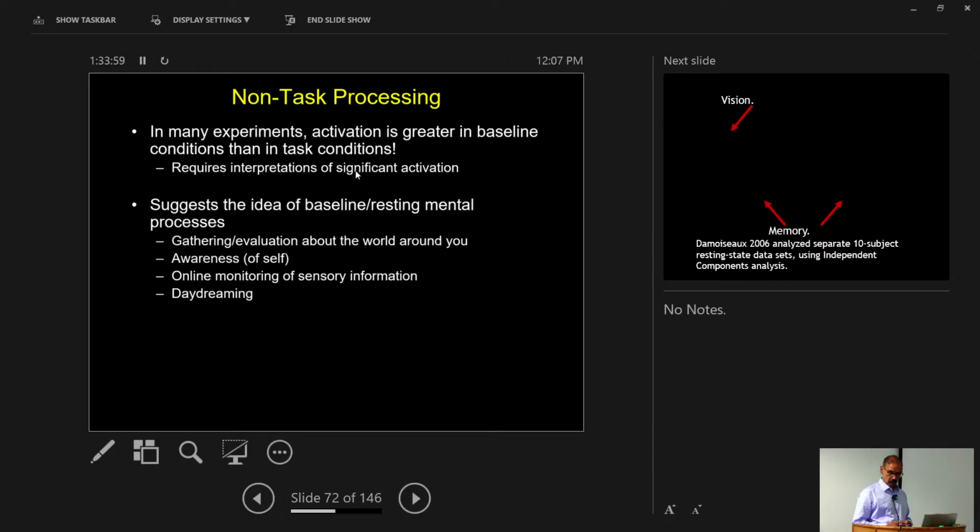During task activation, all those things will be there, excepting the brain region associated with this, right? That may be true for a simple task, but for a more complex task, that may not be the case, right? Because depending on what the task is, for a baseline condition, there may be a lot of activity,